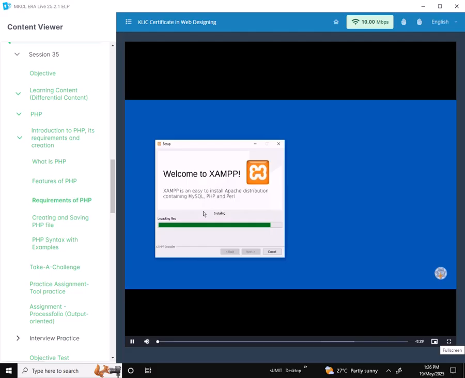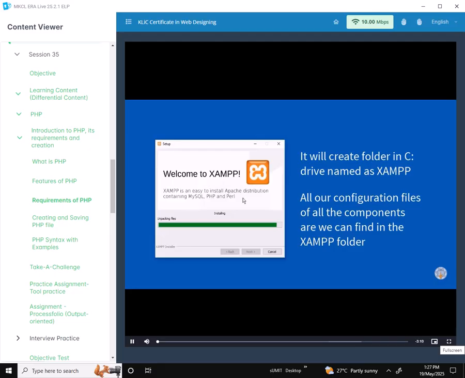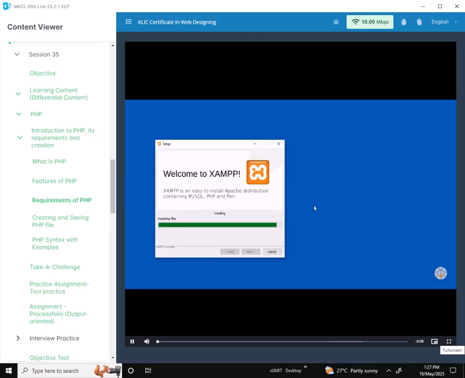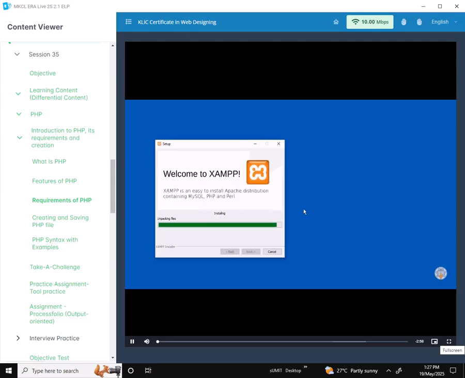Now after installing XAMPP, it will create a folder in the C drive named XAMPP, and all the configuration files of all the components we can find in the XAMPP folder. So just let it finish the installation. I'll show you where actually it is stored, our services, and how it runs. So now it is finalizing our services installation. Now it is unpacking the files. It is completing our